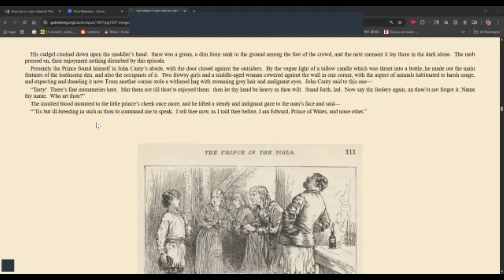The insulted blood mounted to the little prince's cheek once more, and he lifted a steady and indignant gaze to the man's face and said, "'Tis but ill breeding in such as thou to command me to speak. I tell thee now, as I told thee before, I am Edward, Prince of Wales, and none other."